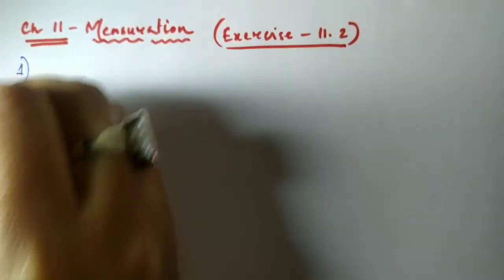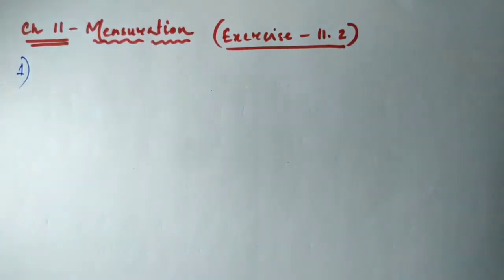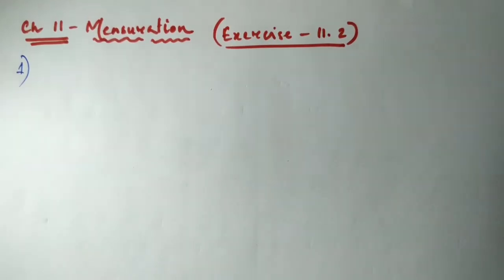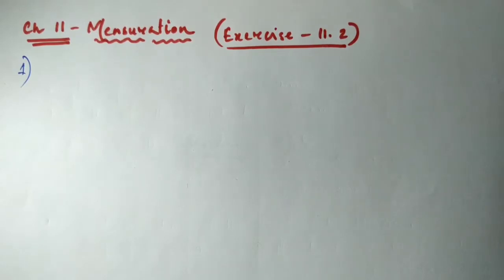Let's see what is given in question number 1. You can see a small diagram given on this side. I am not going to draw the diagram here. A table is drawn on the side of the question, so let's read the question now. The shape of the top surface of a table is a trapezium. And you can see by looking at the diagram itself that the top surface looks like a trapezium.